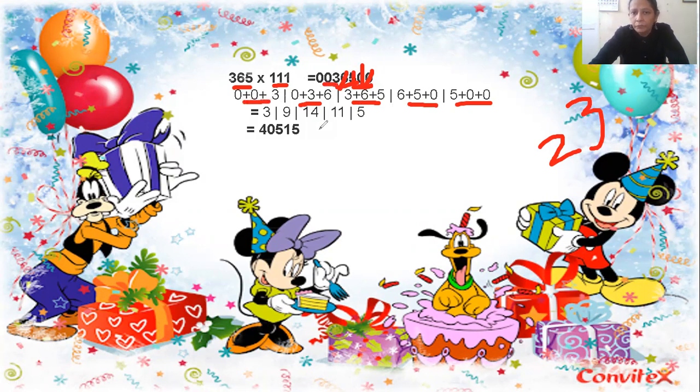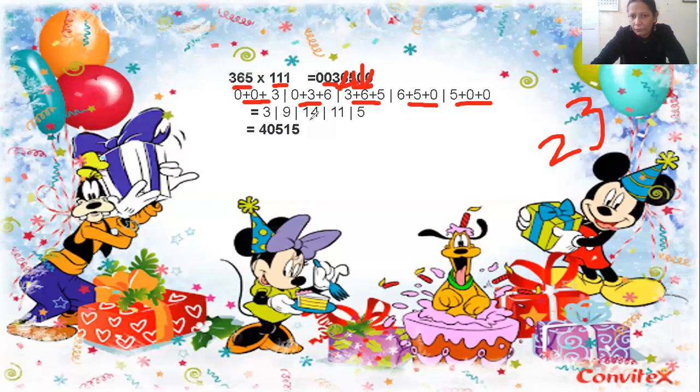Now you see, you have to do the balancing here. 2 digit numbers are here, but you can't write down 2 digit numbers when you solve it. See, 5 plus 0 is 5. So put the slash. 6 plus 5 plus 0 is equal to 11. Put the slash. 3 plus 6 plus 5 is equal to 14. Put the slash. 0 plus 3 plus 6 is equal to 9. Put the slash, and like this you have done this step.